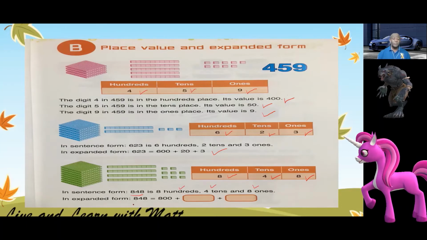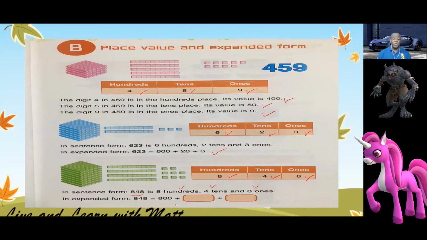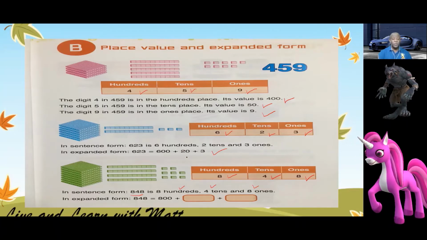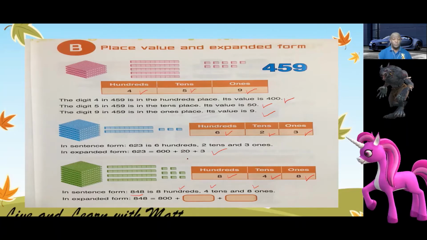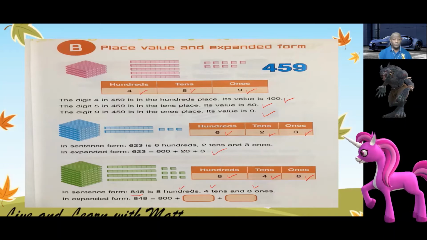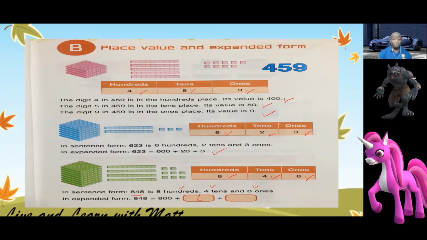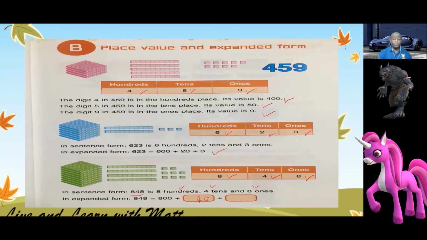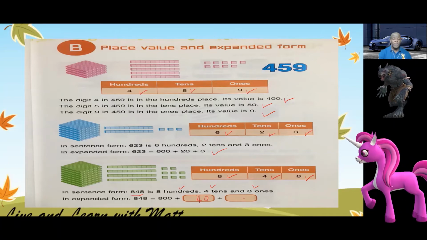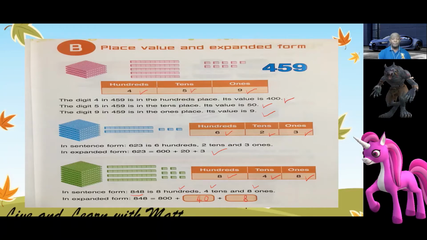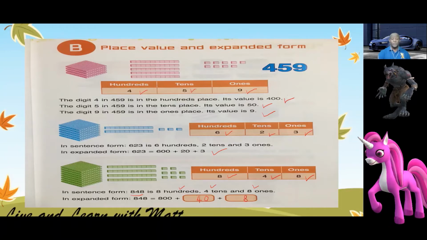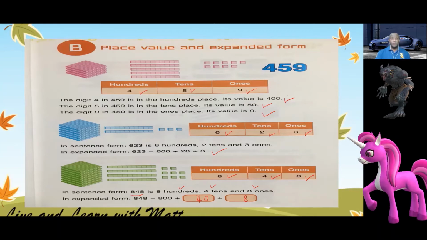In expanded form, we write it as 800 plus 40 plus 8. That is how to write it in expanded form. Now let's go on to the next,